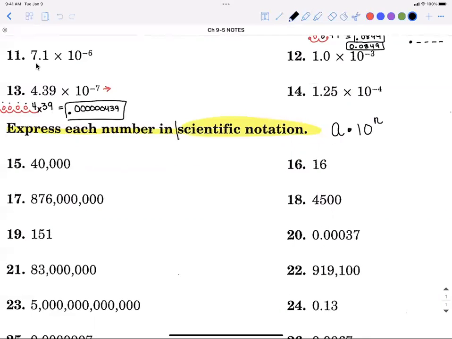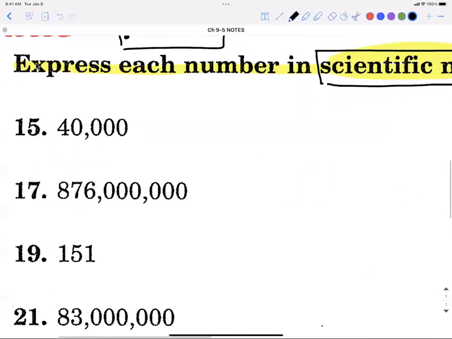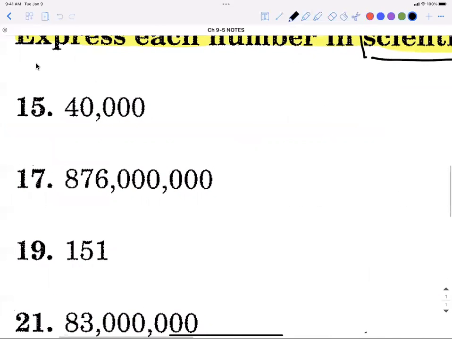Scientific notation is A times 10 to some number, and I've got to move my decimal point enough that my A, remember, is between 1 and 10. It can be 1, it can't be 10. Okay. And then depending on which way you're going is whether or not you're going to have a positive or a negative exponent. So if we have a really big number and we want to make it really small,